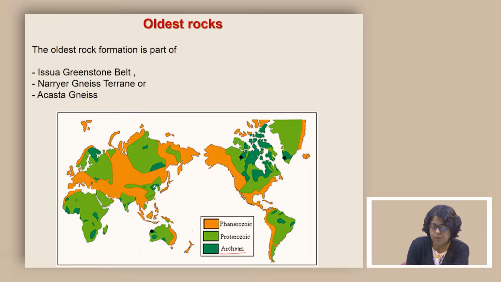The Archean is the time where we are interested, but as we know, it is not the oldest time. The oldest time is Hadean, but Hadean is represented only by minerals. The original rock we do not have, and therefore Hadean is very hard to comment on in terms of the possibility of life, because we do not have the record. Whether life was there or not, there is insufficient evidence at this point to comment.